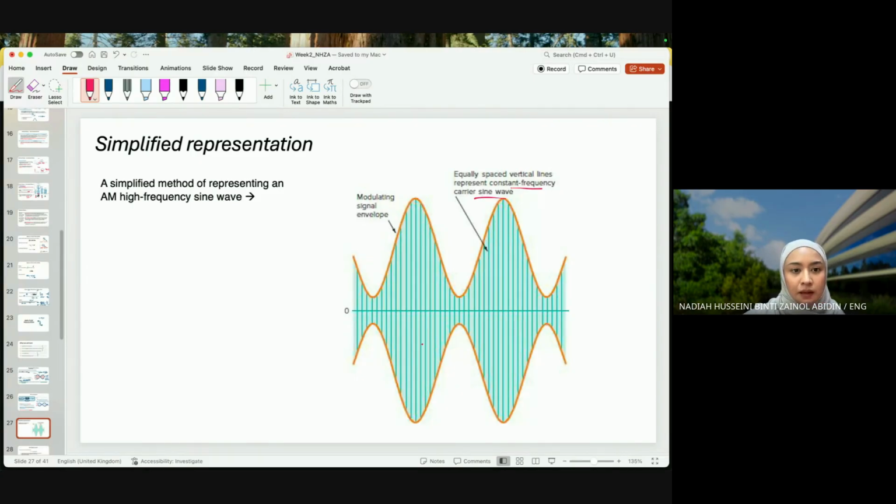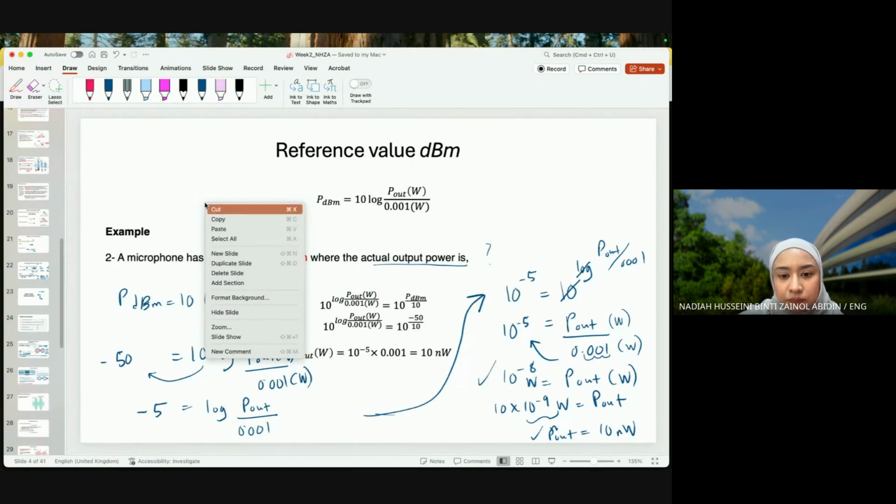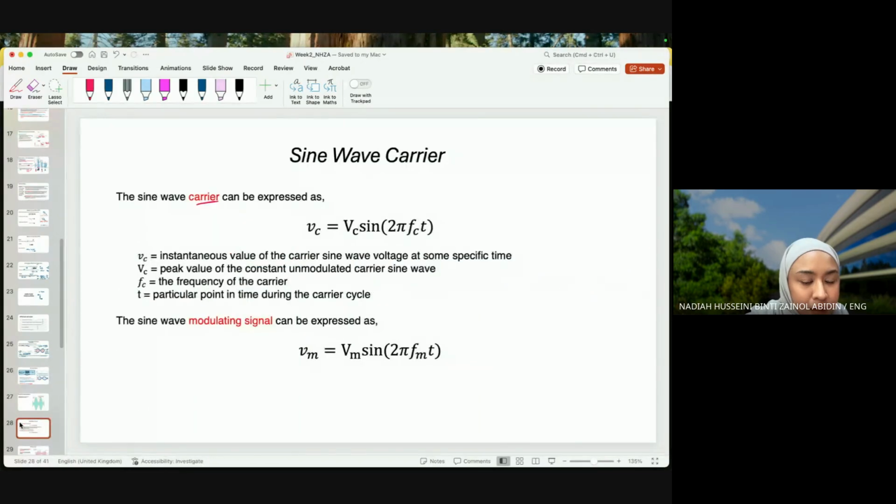This is the modulating signal envelope in orange, and the equally spaced vertical lines represent a constant frequency carrier sine wave. Now that we understand the concept, hopefully we can dive a bit into the math. The sine wave carrier can be expressed as small v subscript c, c for carrier, equals capital V subscript c,